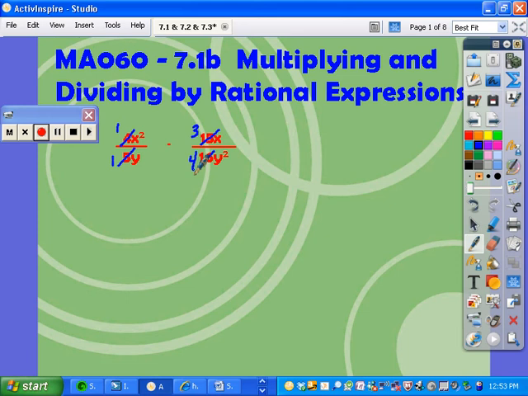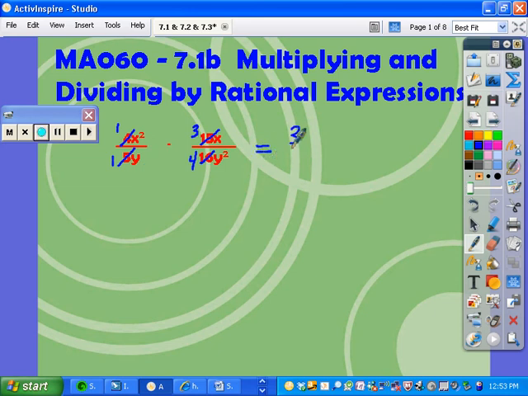Now in this case, I'm kind of out of luck because if you're going to reduce something, there's got to be something on the top with something on the bottom, either directly above or catty corner. But in this case, all my x's are on top and all my y's on the bottom, so there's no reducing with my variables. We'll come across some where we do, but in this case, I'm just going to end